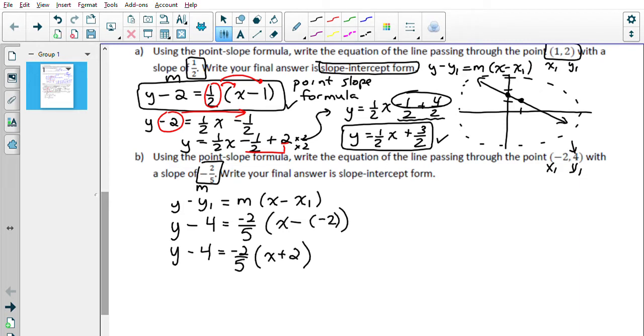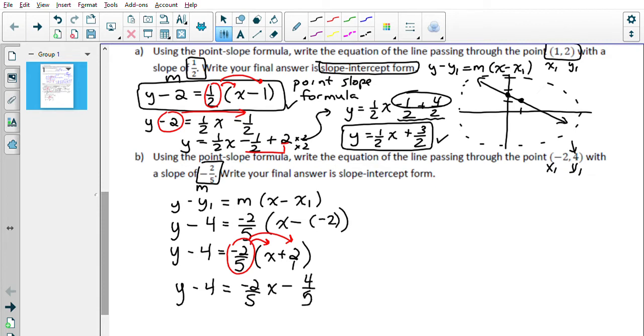I will take, just like the last question, this -2/5 and distribute it in on both things in that bracket. My left-hand side will still have the -4. So -2/5 times x just makes -2/5 x. -2/5 times 2/1, that makes